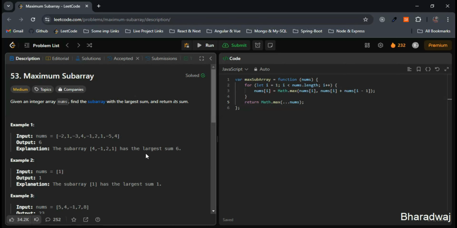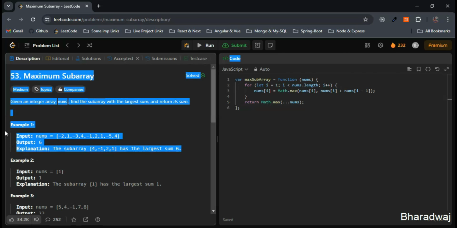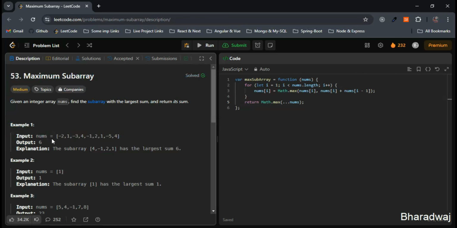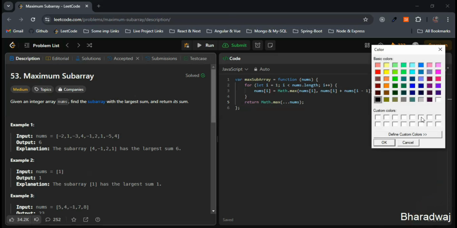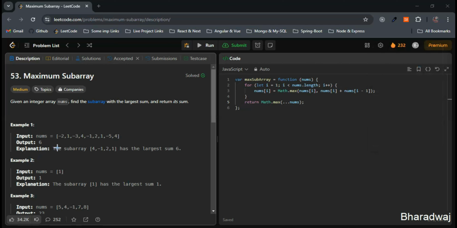Now let's consider example 1 and try to implement the same in the code. We have to get the output 6. Let's see how we can do it. Let's consider the first example. The initial array will be this one itself. In the first iteration, we'll start iterating from the second element, index 1, as I have said. This will compare nums 1, which is 1,